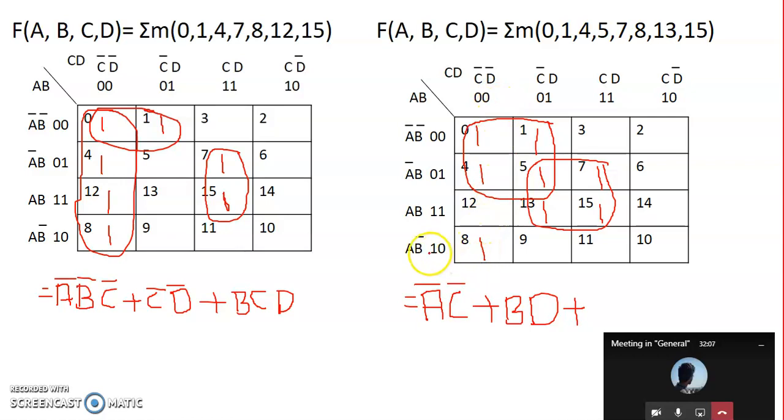The last cell, 1 0 0 0, 1 triple 0. When we compare all 4 zeros with 1 triple 0, only the first bit is changing, 0 to 1, the rest 3 retain common.